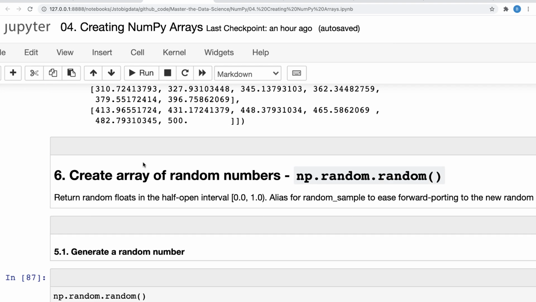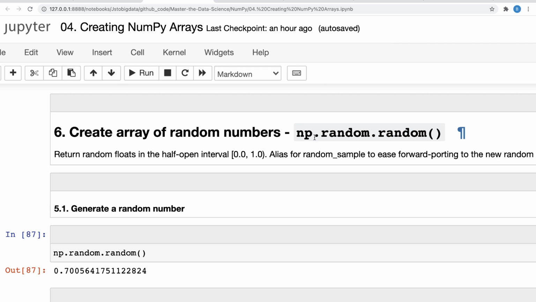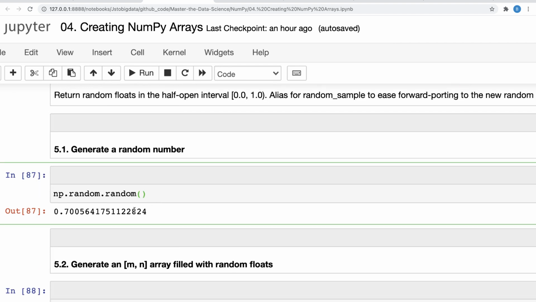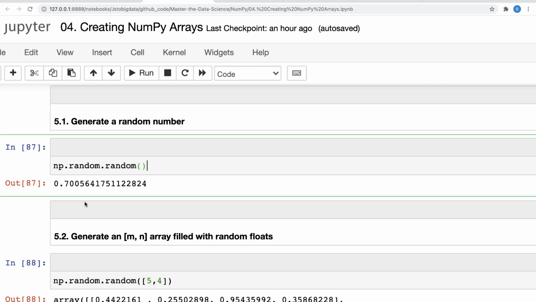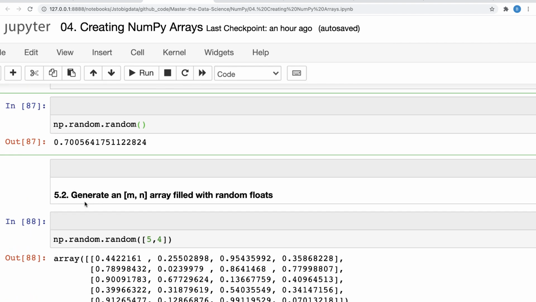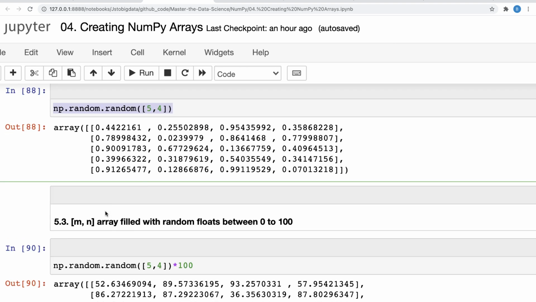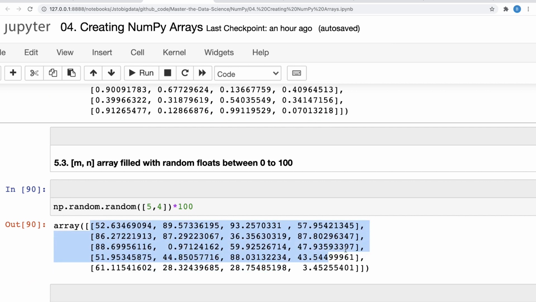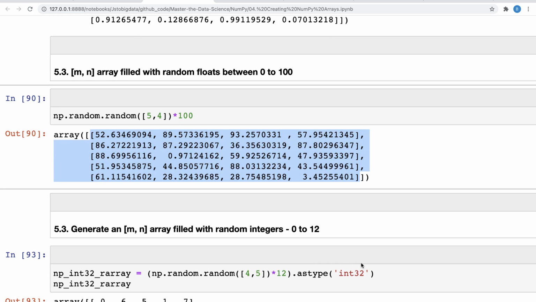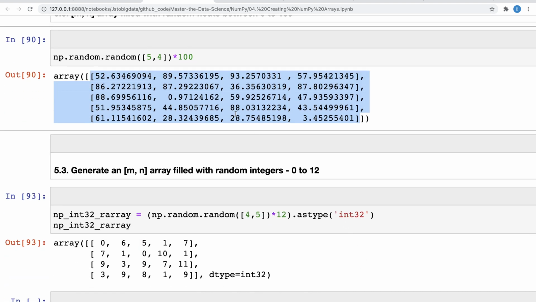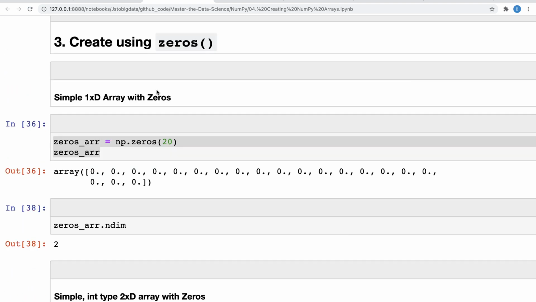And we have also seen the np.random function that returns a random float value between 0 and 1. You can create an array which is filled with random float values. Over here we just created the same, and the values are between 0 to 100. We also checked how to convert the random array data type into integer instead of float, and this is pretty much about this part of the tutorial.